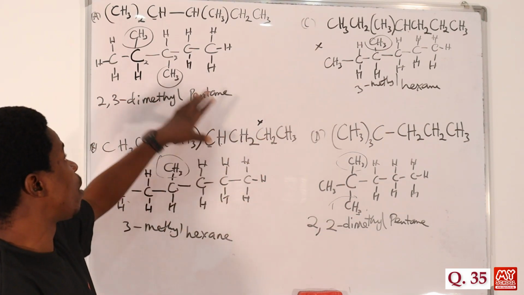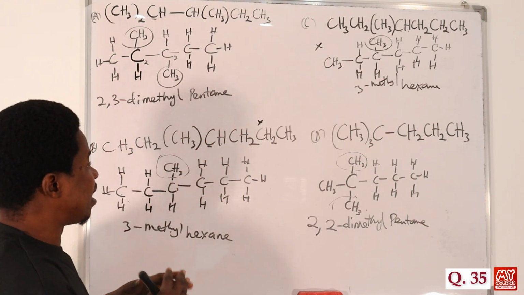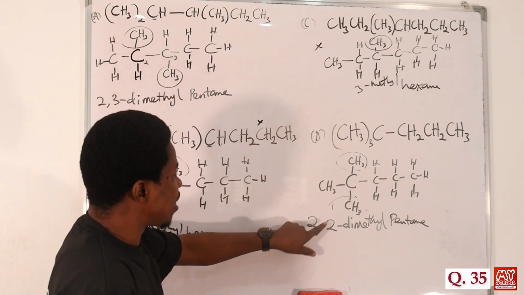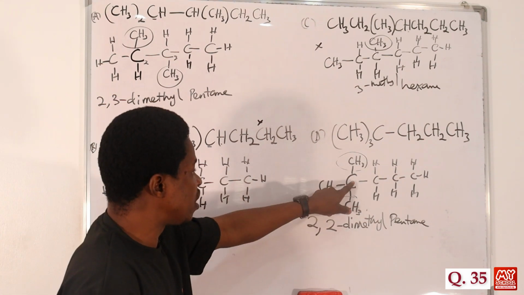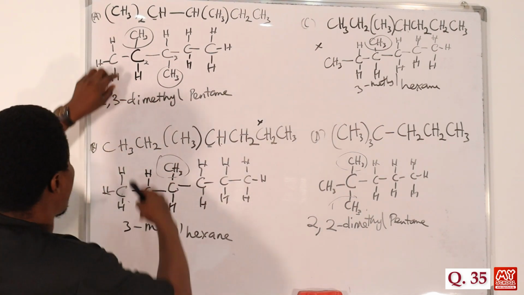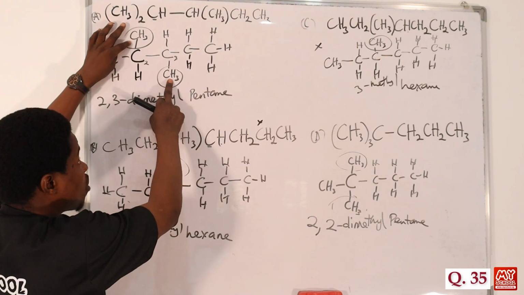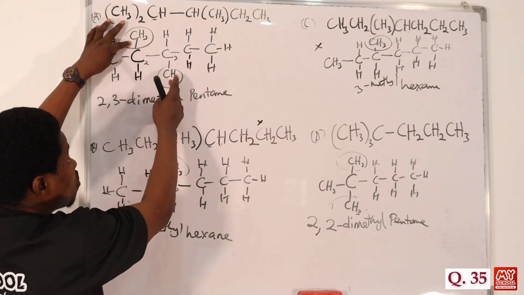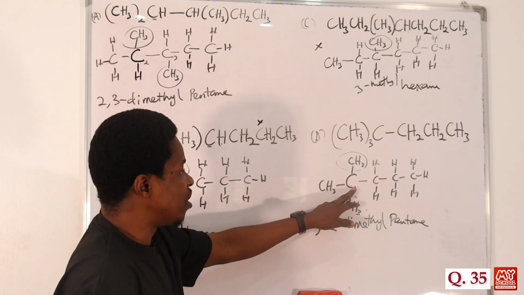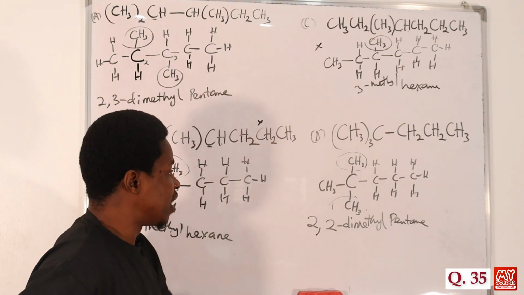Both of them have the same number of branching, but in terms of rating them, it is accepted and discovered that the one that has the 2 branching on the same carbon atom tends to have a better octane number rating than the one that has it in different positions. Of course, both have the same number of functional groups attached, but because these are on 2 and 3, while these are on 2 and 2, the branching on this carbon tends to have more octane rating than this. So because of that, option D is considered to be